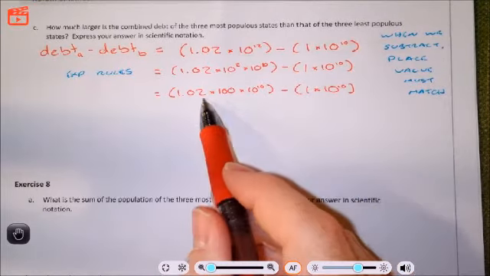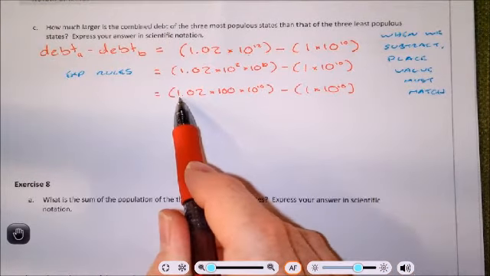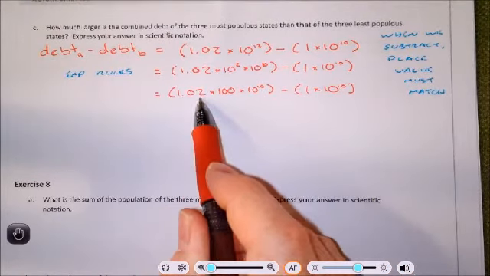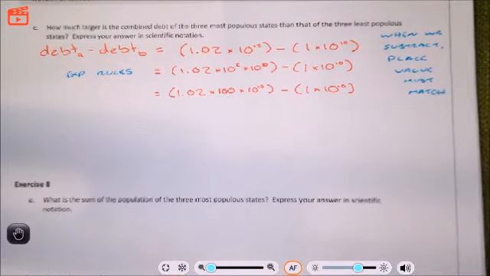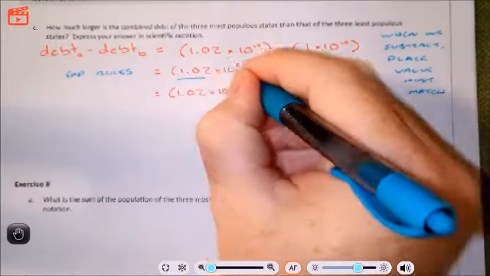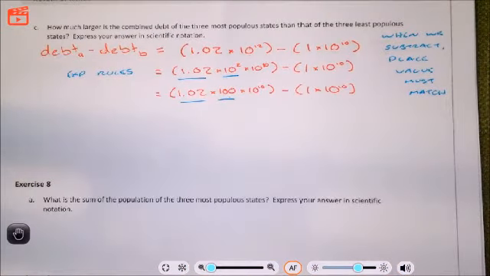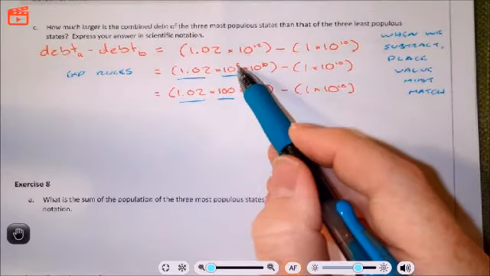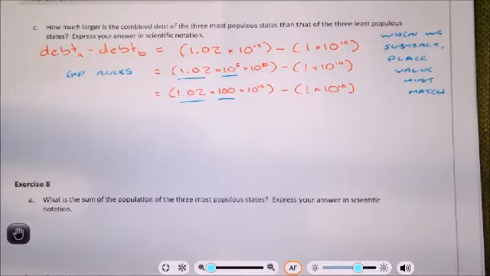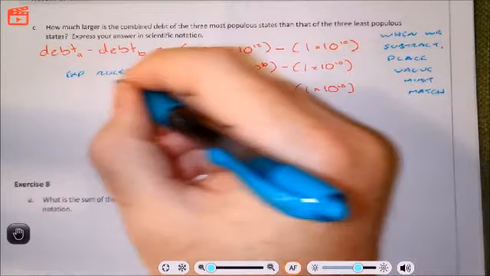And then what I'm going to do is combine the 1.02 and the 100. I'm going to combine the 1.02 and the 10 squared, whichever way is easier for you to think about it. You can think about it like an exponent, or you can think about it times 100. But what happens when we multiply